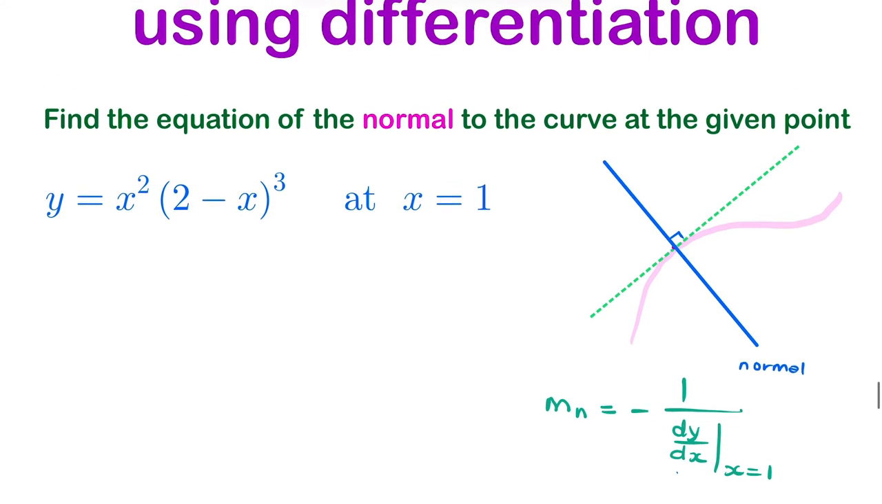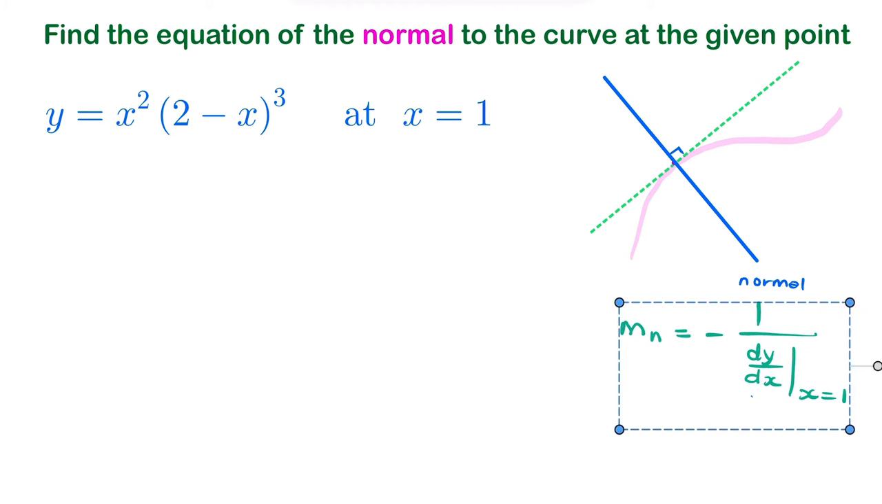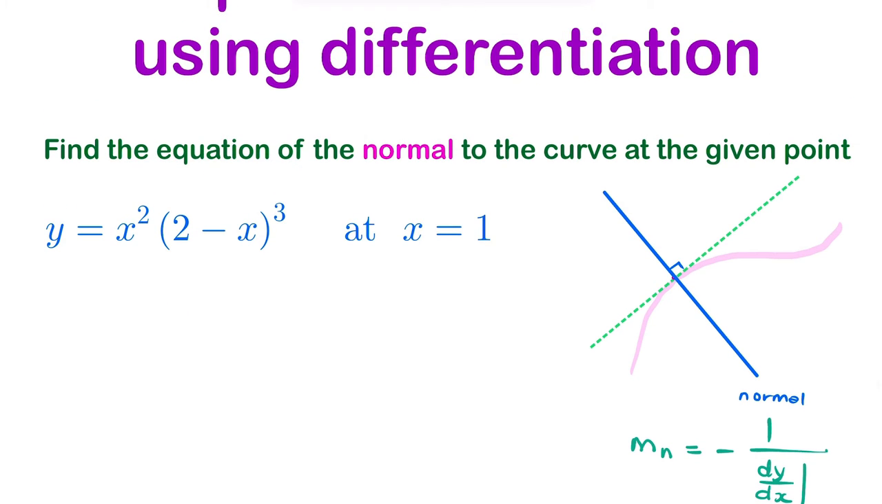So the point here we're given is x equals 1. So we want to find the negative reciprocal of dy by dx at the point x equals 1. So our first step will be to differentiate this. And even though there isn't a multiplication sign, you can see that this is a product. So we would use the product rule